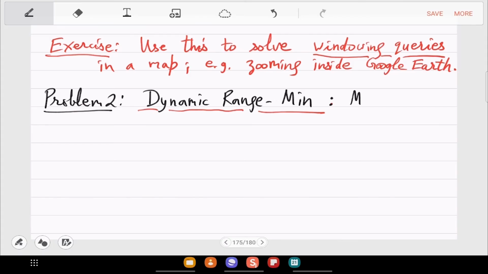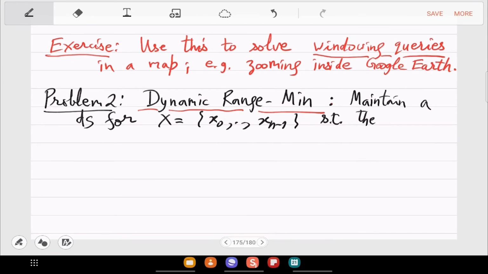So now you want to maintain a data structure for a list of integers such that these 2 operations are efficient.